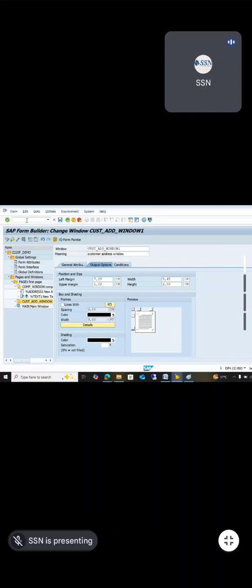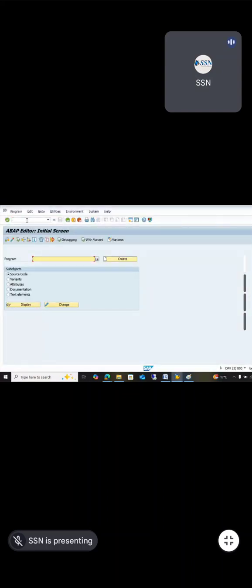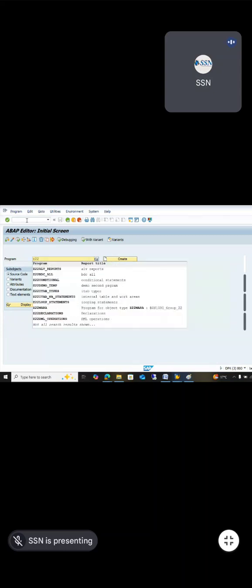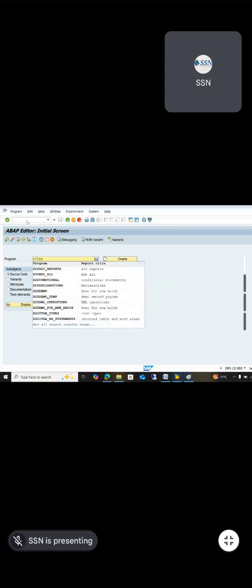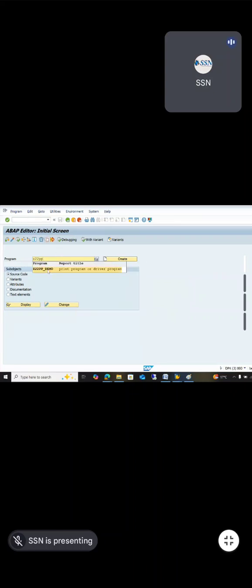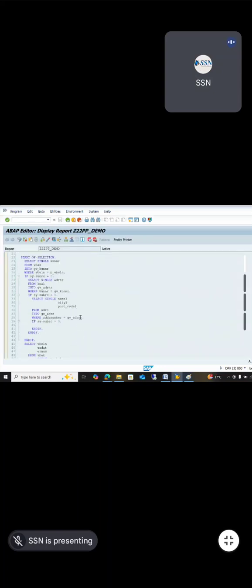So I'm going for SE38. For that, I already wrote the program Z22 print program demo. This is the script program which I already wrote. I don't want to type again, I'm just going to pick the same. See, P_VBELN, and here there is no selection screen, so I'll hard code the value. Remaining, I will copy